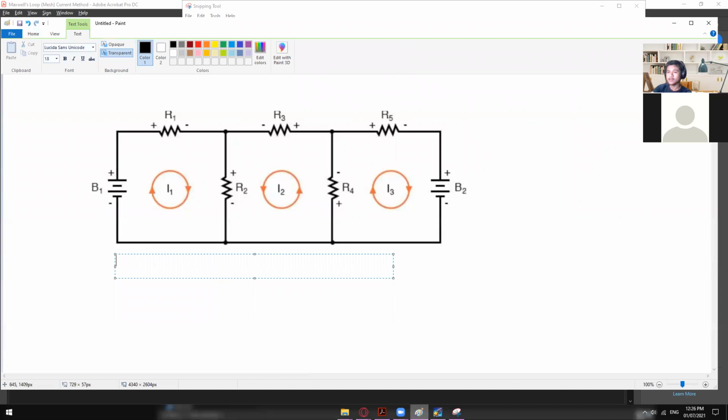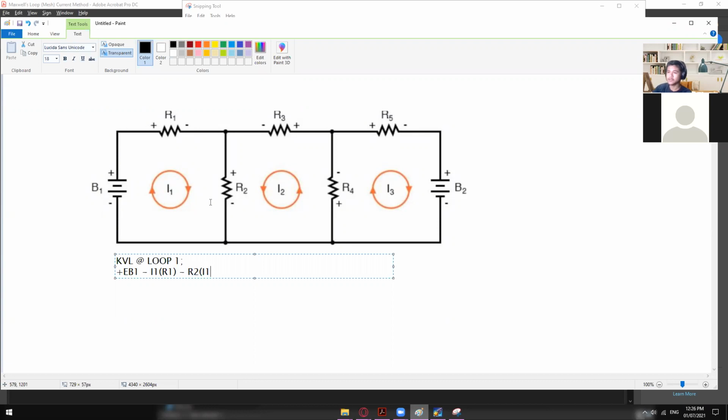So KVL at loop 1, it will give you the positive EB1, since I'm using the outer, and then negative I1 times R1, and then right here we're going to use negative R2 times I1 first,